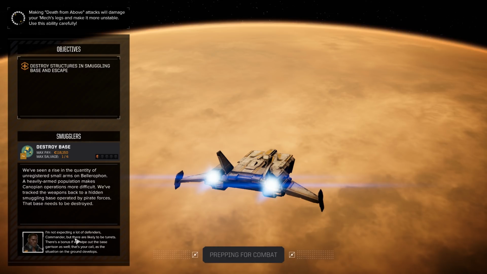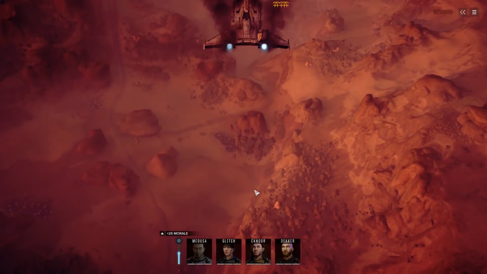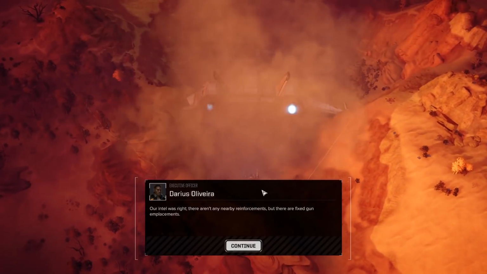So, yeah, we have to remember that there's a bonus if we wipe out the base garrison as well. I mean, it's half a difficulty. We're dropping 2 skulls worth of tonnage. We should be fine, but we can already see that there's...